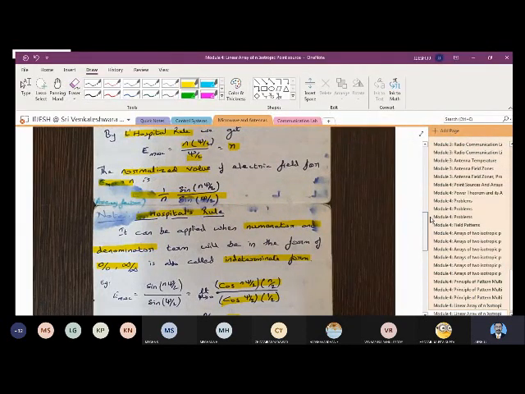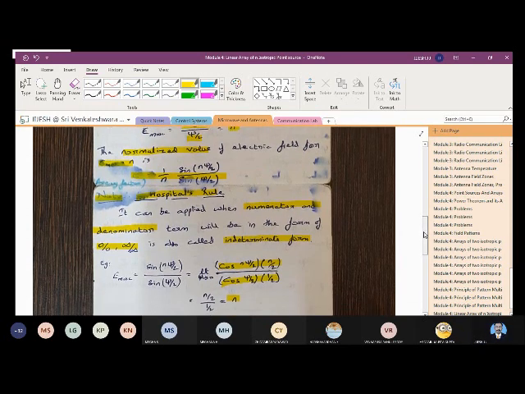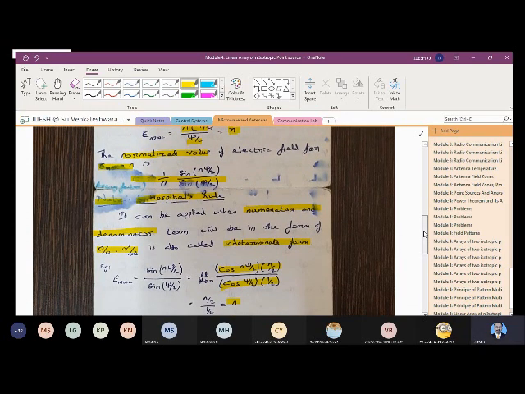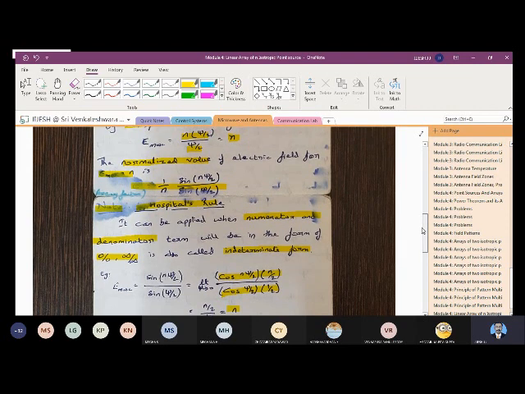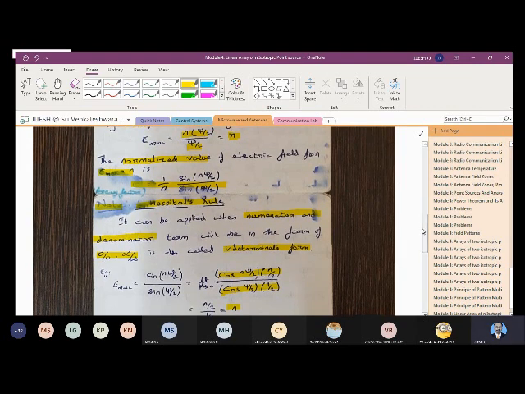If you want to write down a note for L'Hospital's rule, you can mention that you have to take the differentiation of the numerator and the denominator. So you get it as n by 2 divided by 1 by 2, and finally you will get it as n. So complete it.